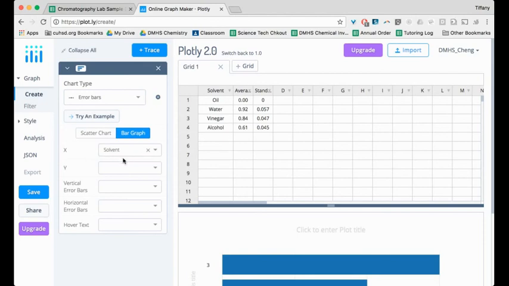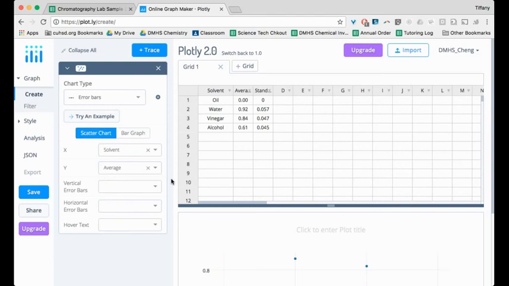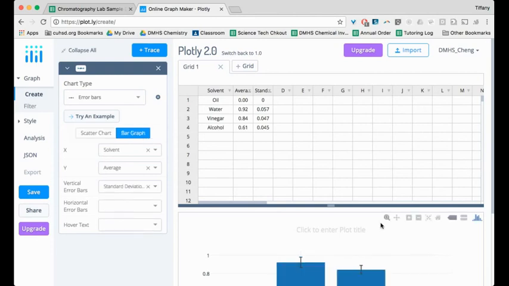I actually want to graph solvent versus the average. So again, I'm going to drop down and pick average. All right. And the last part is the vertical error bars. I want to know the error, and that's going to be my standard deviation. So when all is said and done, and I make sure that I hit bar graph again in Plotly,